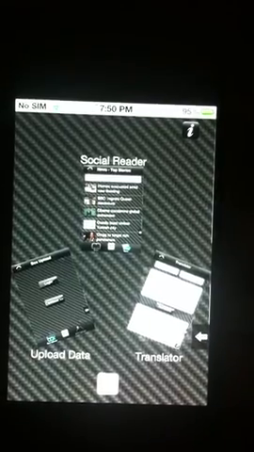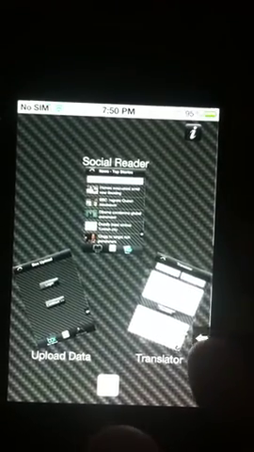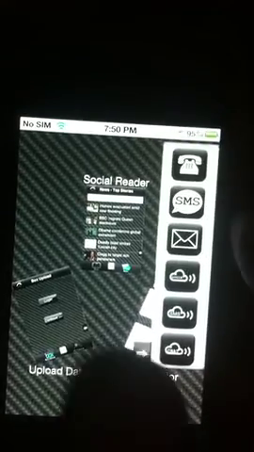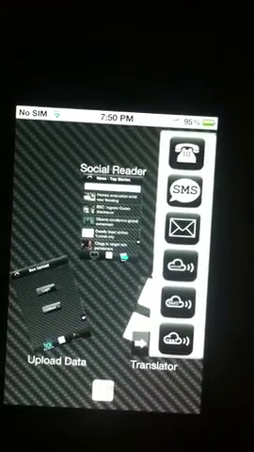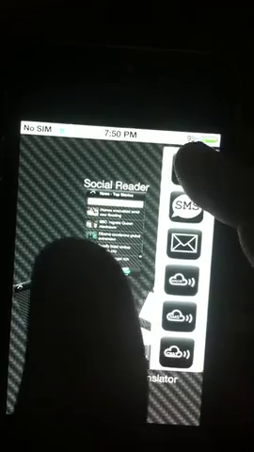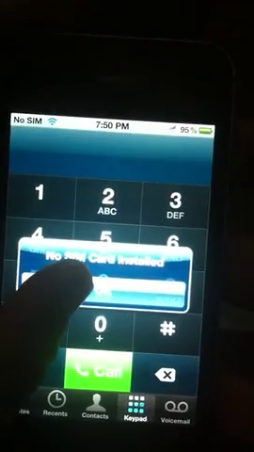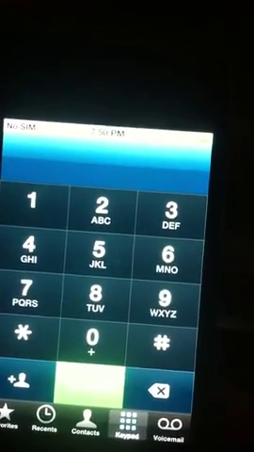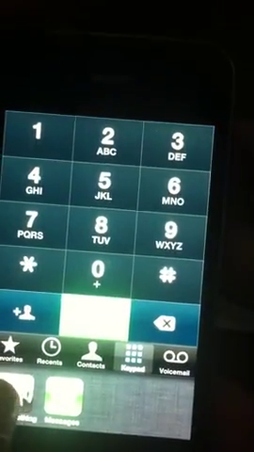So let's have a look over the other native applications we have supported, that are call, SMS and mail. So quickly look over the call functionality. Pressing the button will switch me to the native calling application, so I can call anyone through this application.